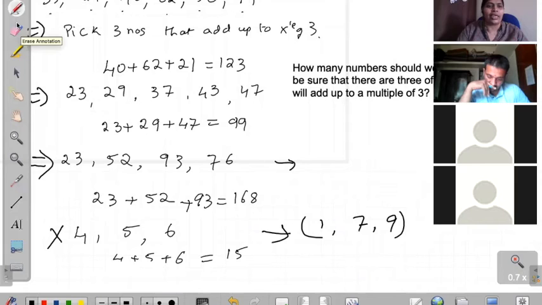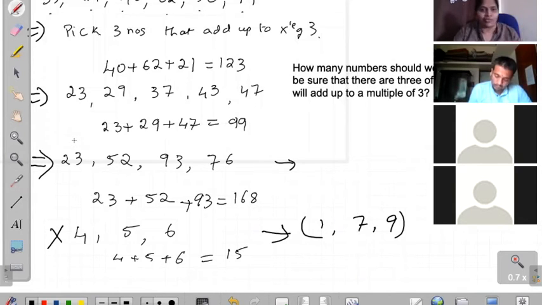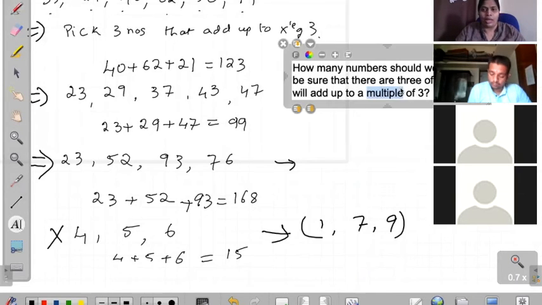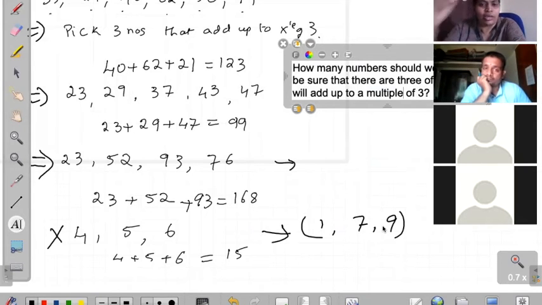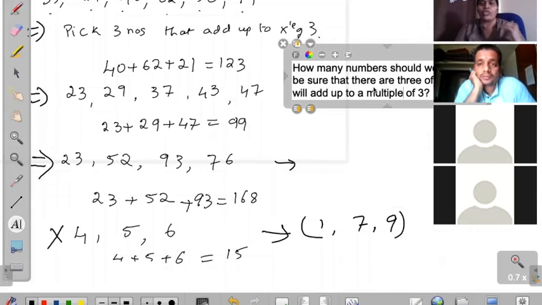No. So the thing is, do there exist any 3 numbers that can add up to a multiple of 3? Having one triple is enough. It doesn't have to be always, all combinations is not the requirement. Oh, in that case, the set of 4 numbers works, right? 11, 15, 18, 19. It works because, though I gave a counter example, 11, 15, and 18, there exist 3 numbers that work. Okay, how many numbers should we pick to be sure that there exists